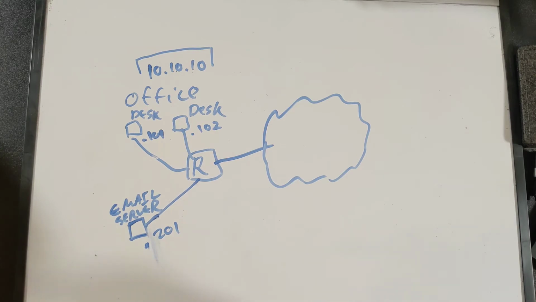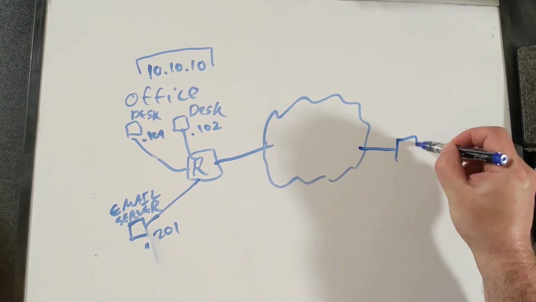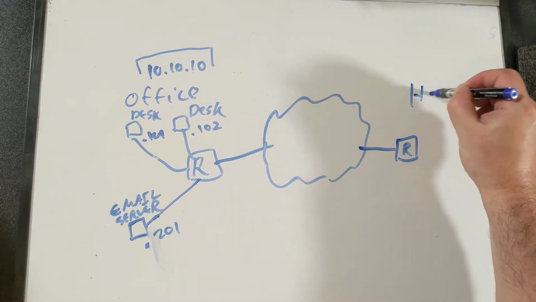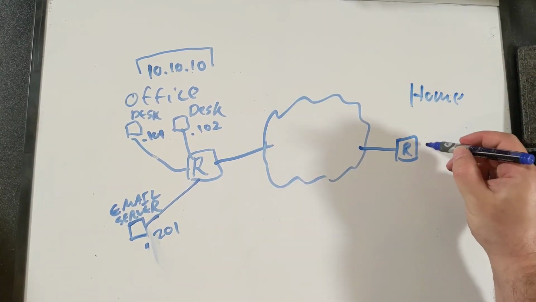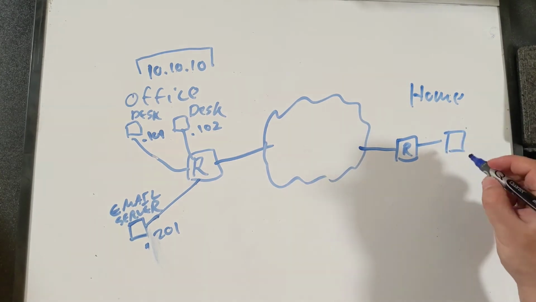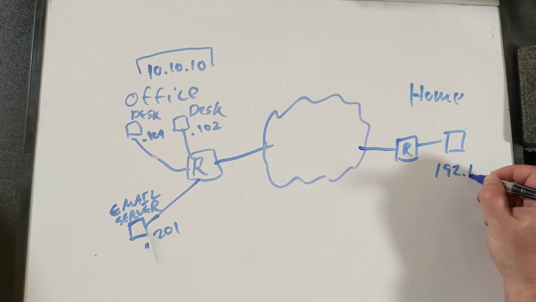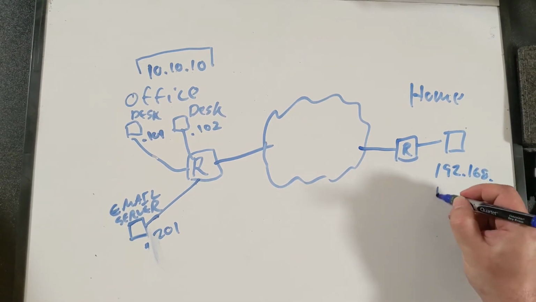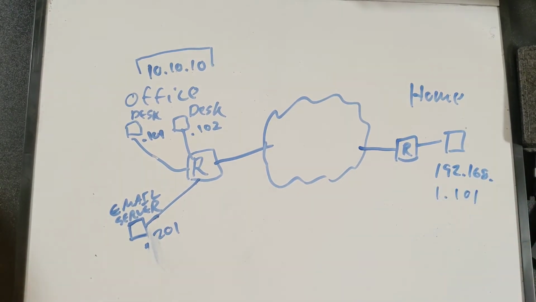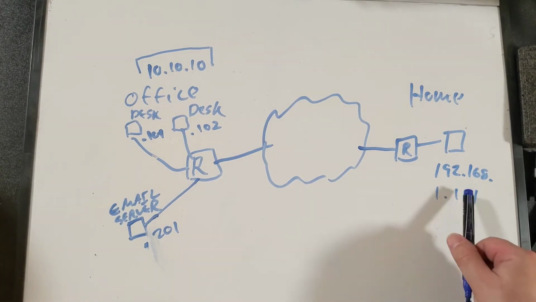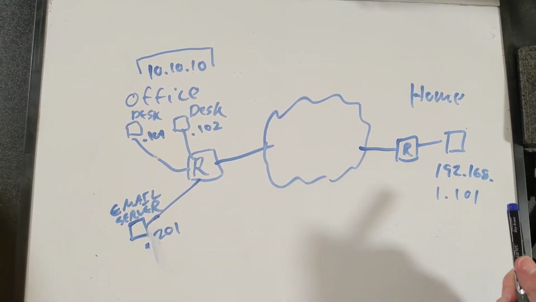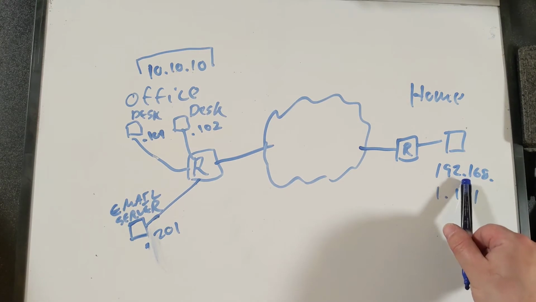And that's great and all until, I don't know, everybody decides that they're going to be working from their home offices for 2 years suddenly. And at that point, we're going to have someone over here on their home network with their router connected to their company laptop. And they'll be off on a private network over here at 192.168.1.101. And suddenly, when they try to check their email, well, the first problem here is that they can't even